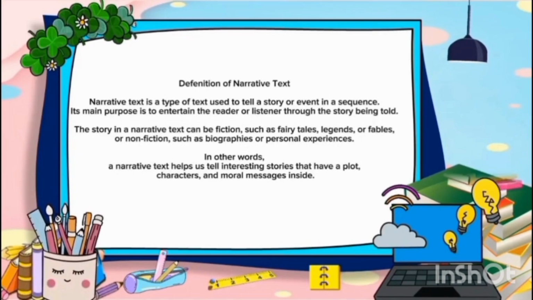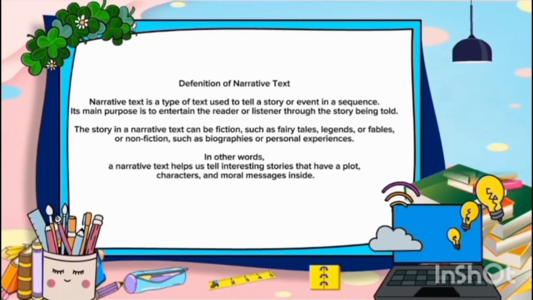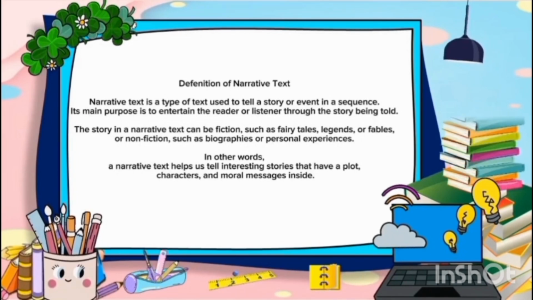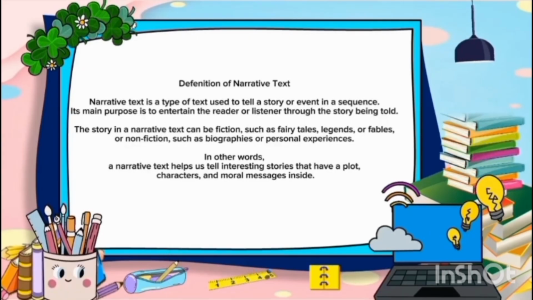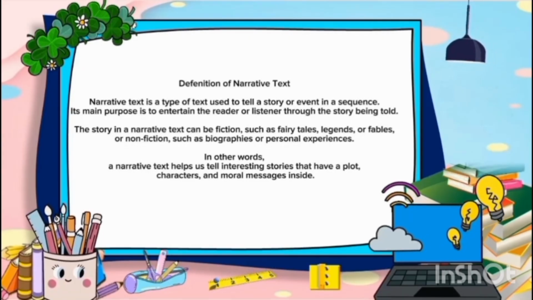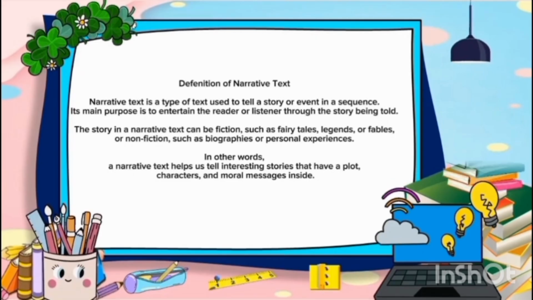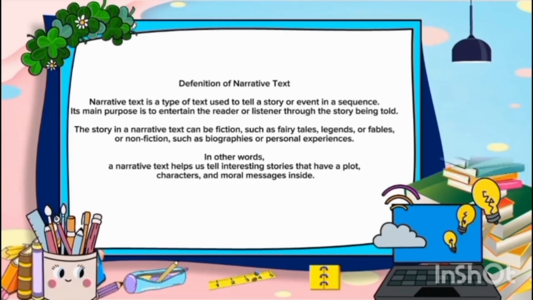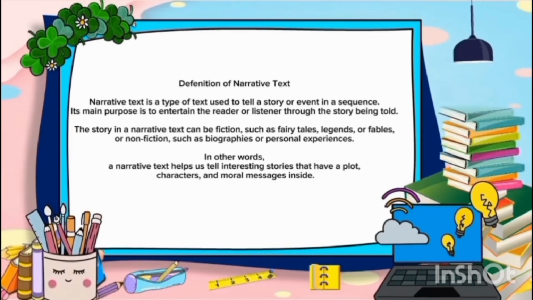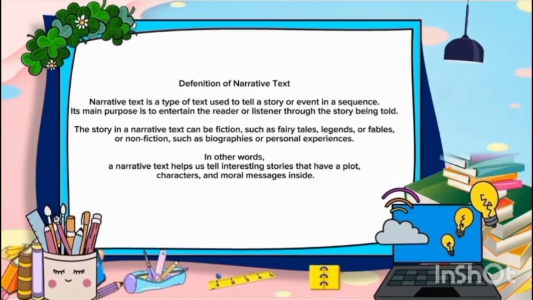Now, let's start by understanding what a narrative text is. Narrative text is a type of text used to tell a story or events in a sequence. Its main purpose is to entertain the reader or listener through the story being told.